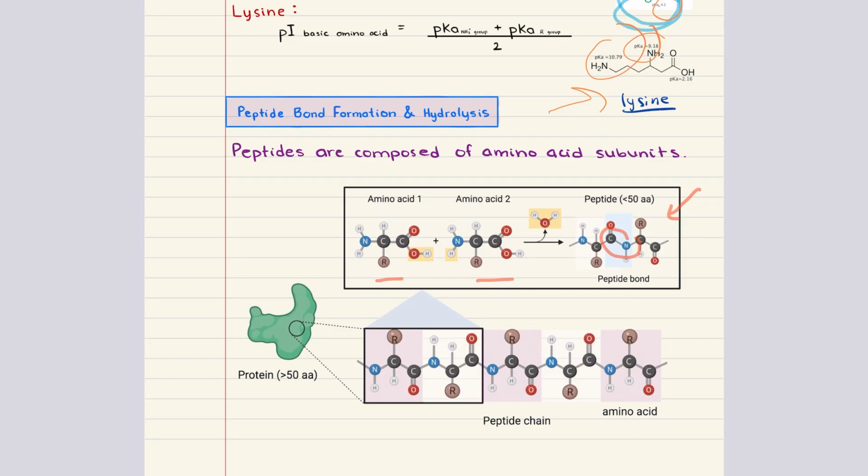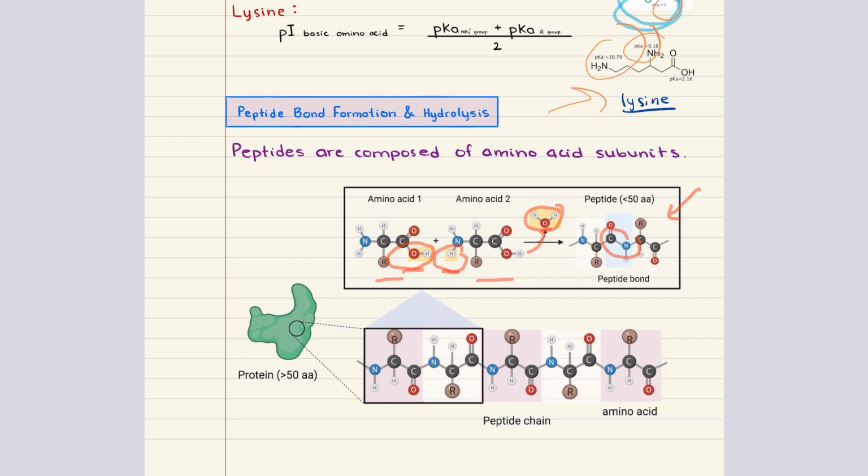Peptide bond formation is a type of condensation reaction, also known as a dehydration reaction. That means 2 molecules are joined together, and in the process, a water molecule is removed. Specifically, the carboxyl group from one amino acid reacts with the amino group of another amino acid. The hydroxyl group from the carboxylic acid and a hydrogen from the amino group are removed, together forming that water